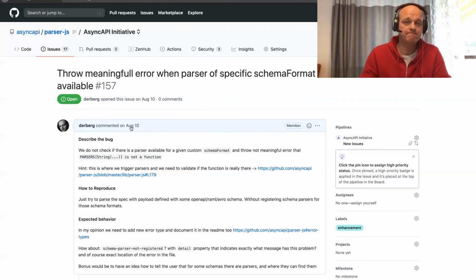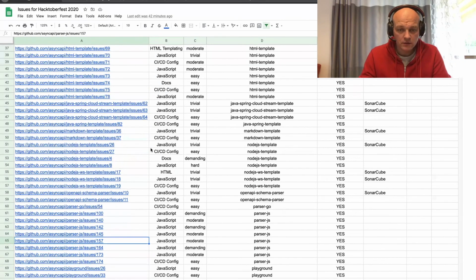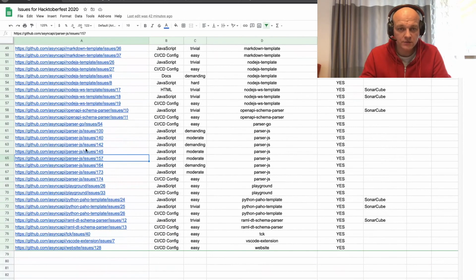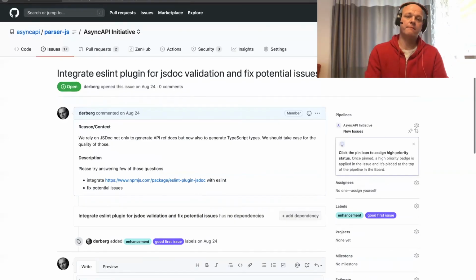But yeah, that's about it. The next one, last two, both from parser. Oh yeah, in the parser